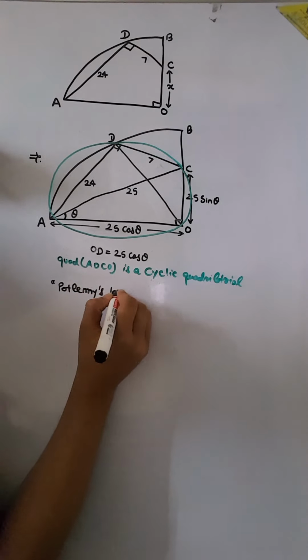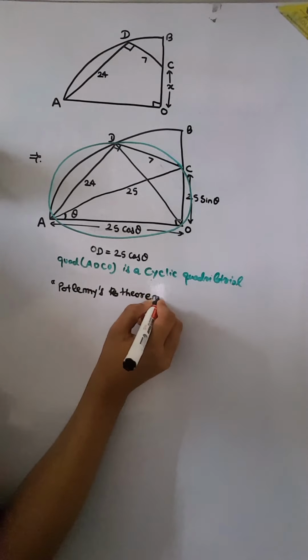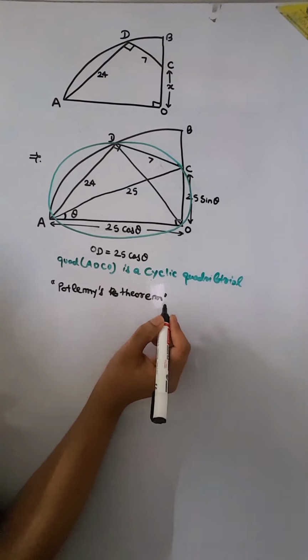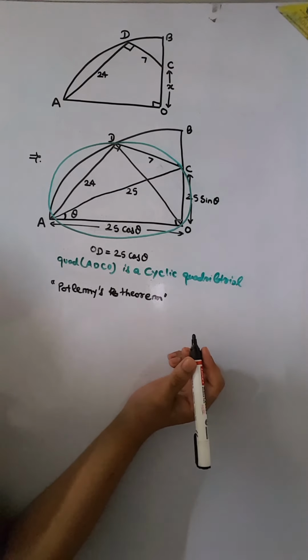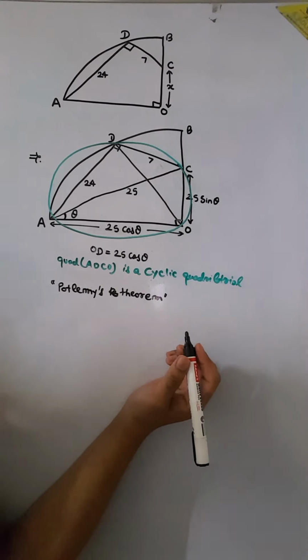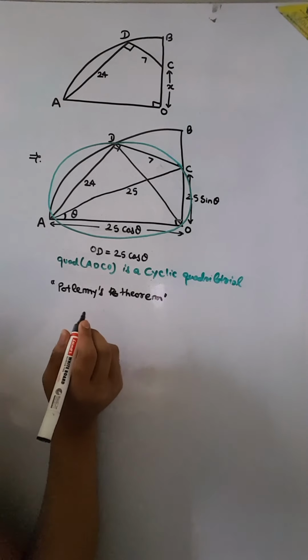Now the derivation of Ptolemy's theorem is very simple, and it is based on the concept of basic proportionality, which is a concept of similarity of triangles. But right now we are not going into the details of its proof. We will straightforwardly apply Ptolemy's theorem, and Ptolemy's theorem simply says